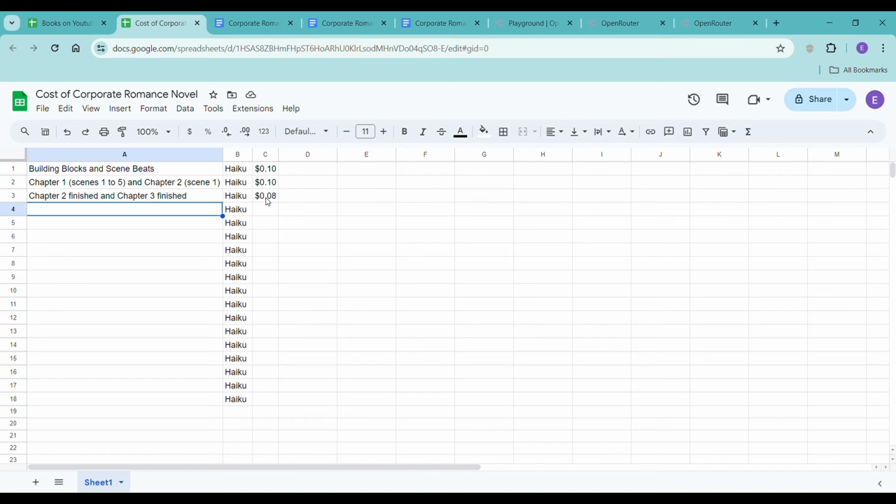So for 28 cents, we have almost 10K, plus the world building, and then some of this wouldn't have been there if we hadn't had to remind it. Like if you're just in OpenRouter and you don't have a bunch of other projects going on like I do, then you're not going to have to remind it every single time. Today, Haiku was acting weird, but it's not always going to be weird.